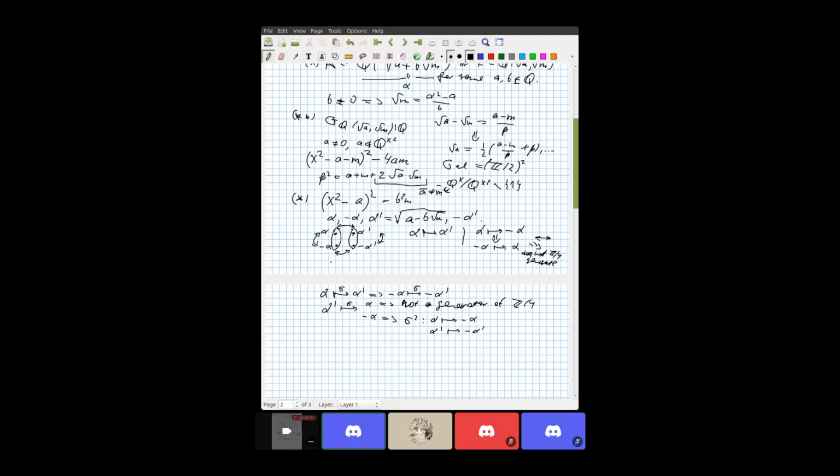Okay. So alpha prime. So what's wrong here? Nothing's wrong here, because then minus alpha goes to minus alpha prime, and everything's fine. Maybe the only problem is that